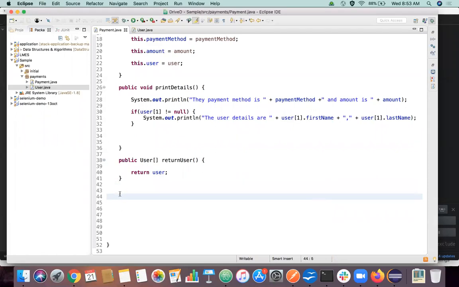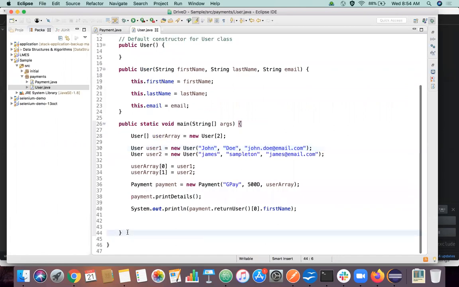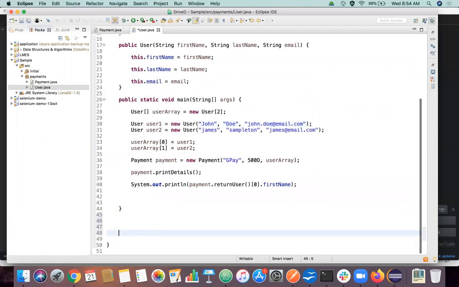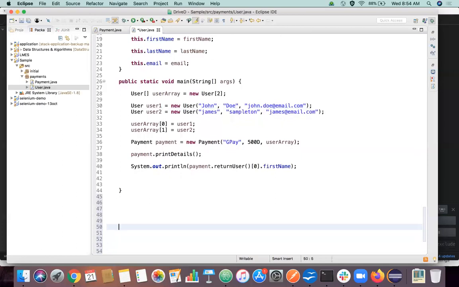Let's put one more function here, a simple function. Public void test calls.